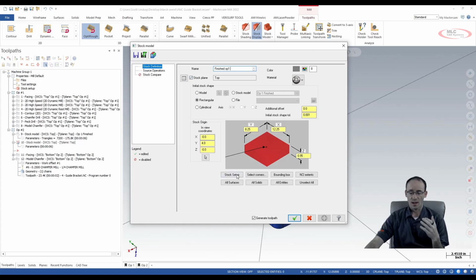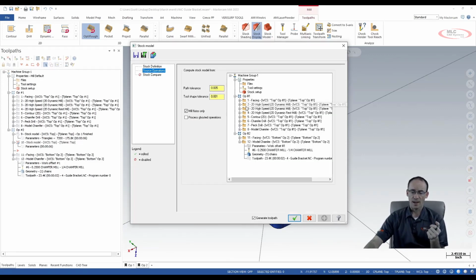Okay, I've got the stock setup values that'll pull from my stock setup. If I click that button, it'll populate all my buttons and I get that. So that's my basic block shape that I'm starting with. And then I'm going to come over to my source operations, and I want to update that stock model with the toolpaths that are going to cut op one. So I'm going to select all of machine group op one on my toolpath group and pick all that, and then I'm going to green check that,